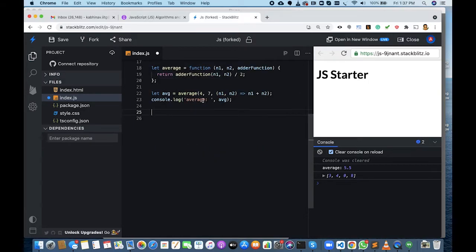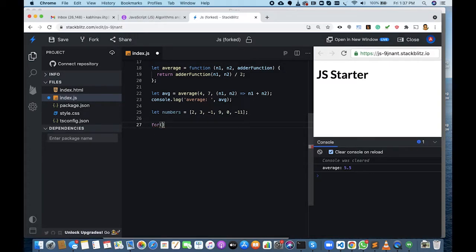So we can also look at some array functions. For example, say we have numbers equal to 2, 3, minus 1, 9, 0, minus 11. Some random numbers, and we want to iterate over it.